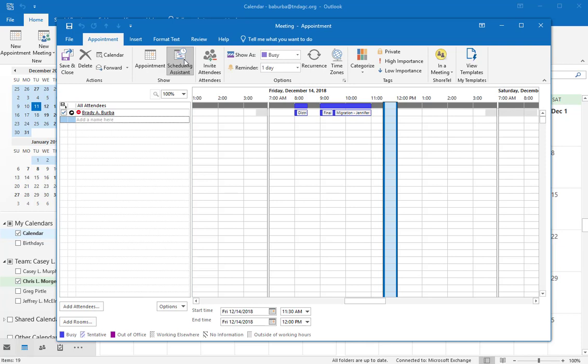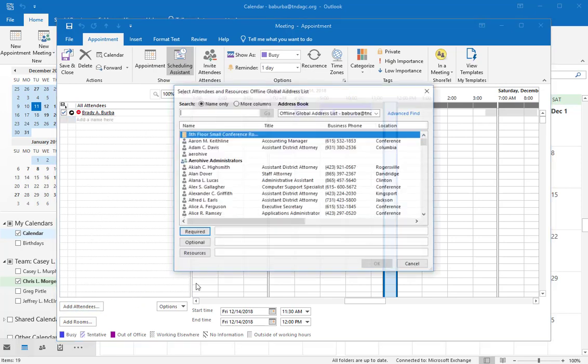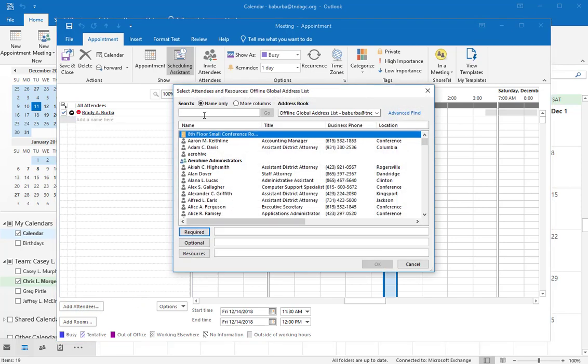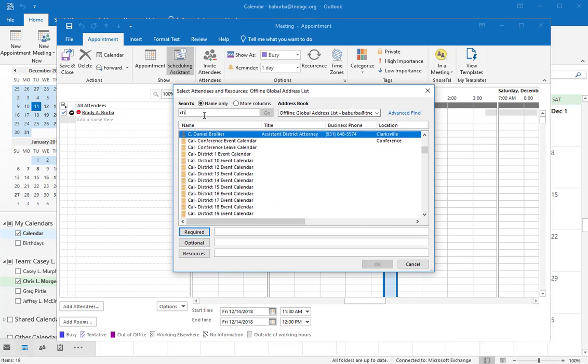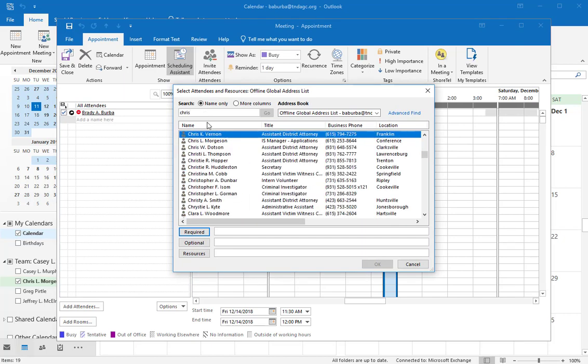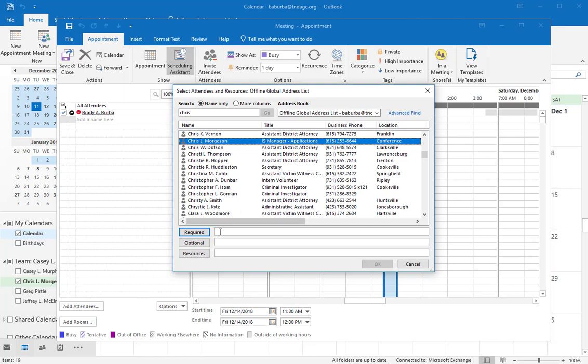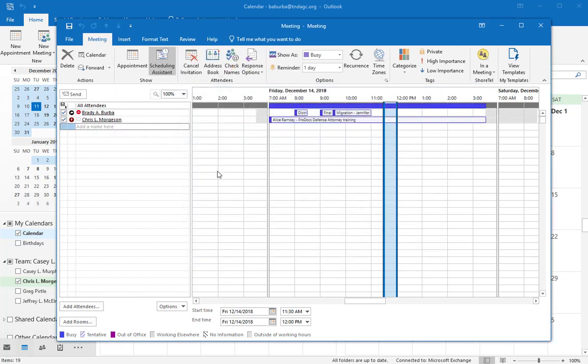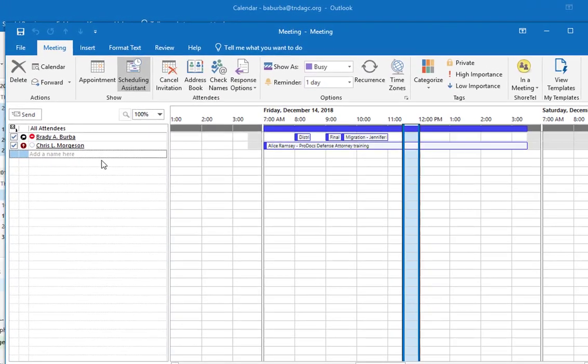All I have to do is click on the scheduling assistant button right here. I could go ahead, type a name, or if I wanted to add an attendee, maybe I don't know their proper name,